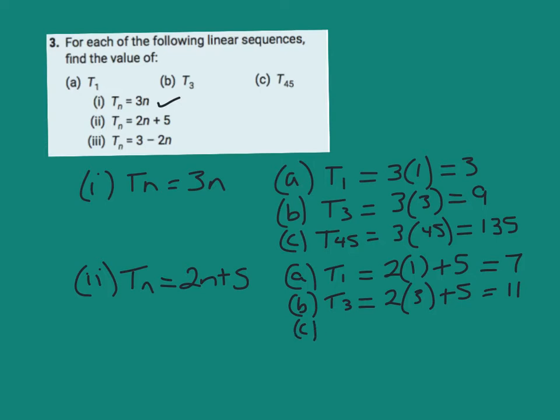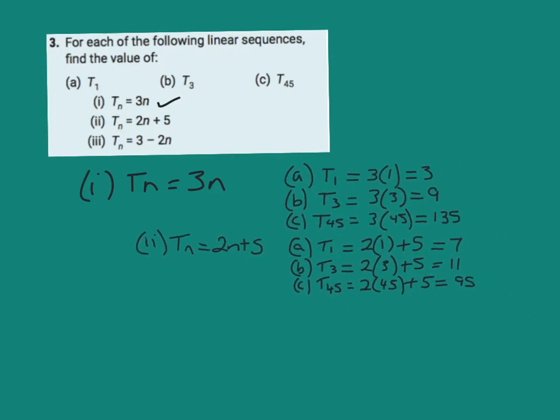And then finally, I have T45. So I'm going to replace that n with 45. And that will give me 2 by 45, which is 90, plus 5 will give me 95. Now, so that's the first section done. So I can just take that one. And the very last one then, I have